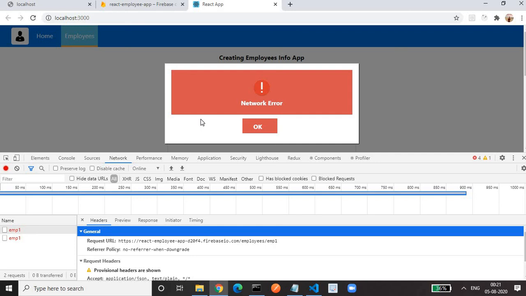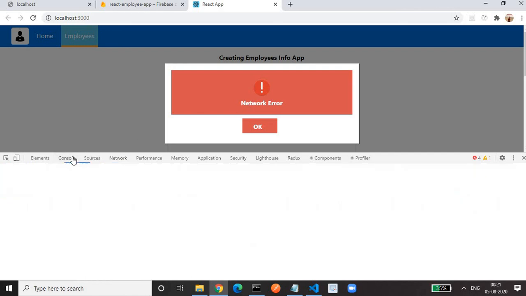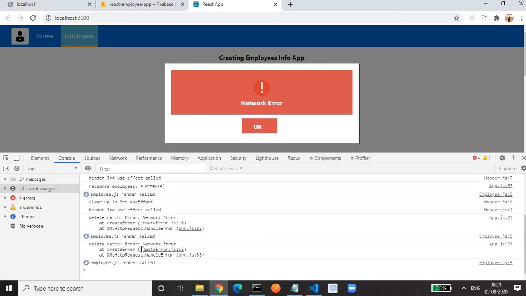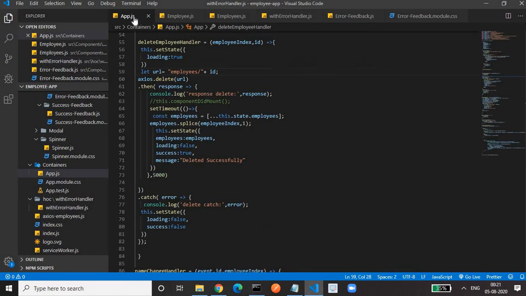So when we get some error, we are displaying the error message. This network error comes from the server error. We are printing the error message here also. In the catch block of the delete method in the app.js file, I printed that error.